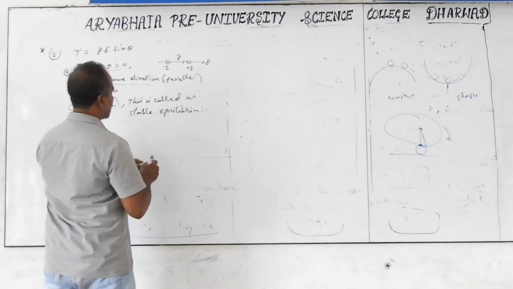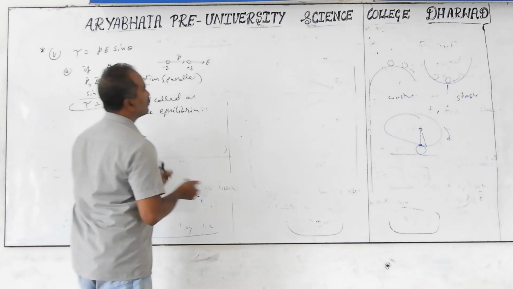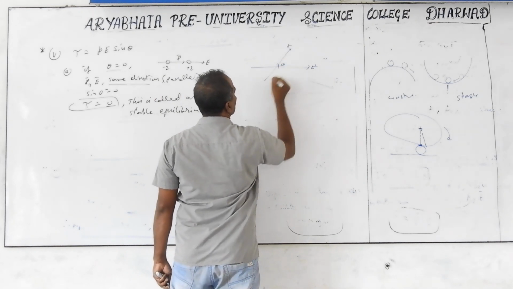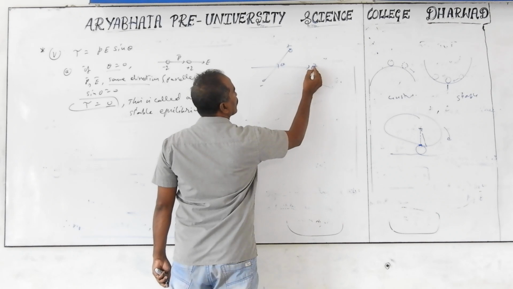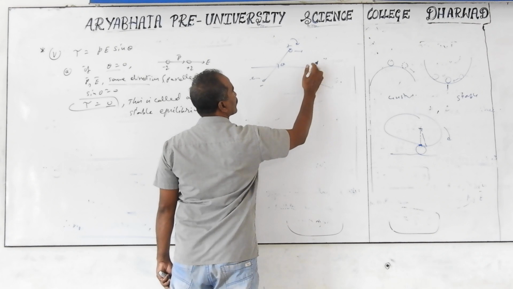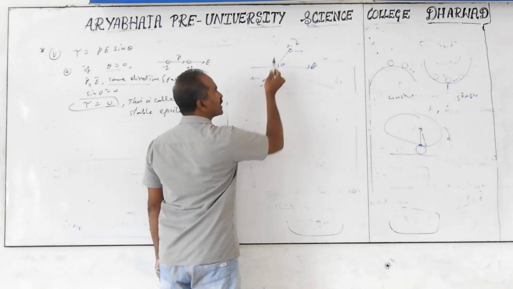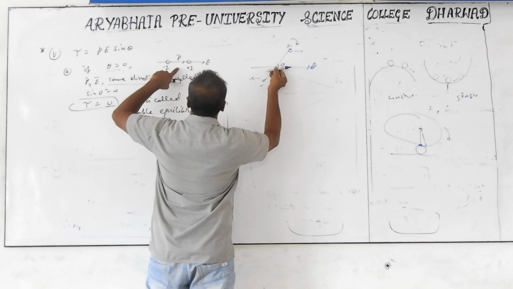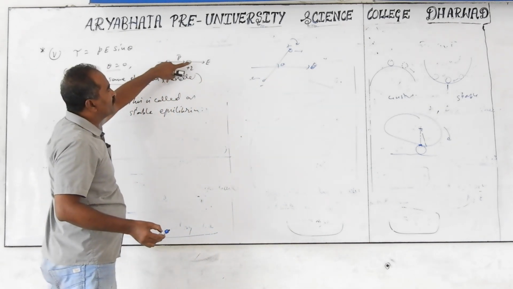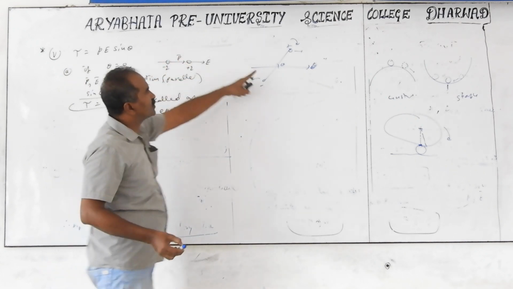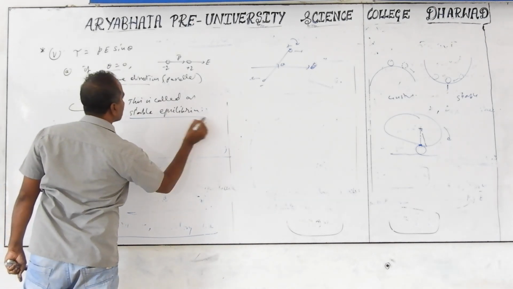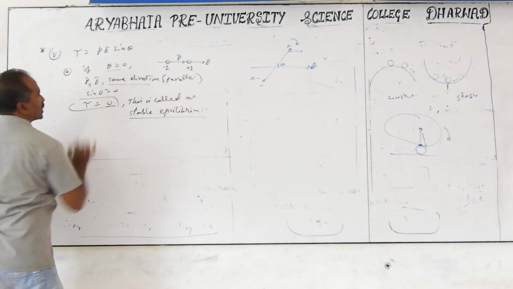So in this position, the dipole is already parallel. If you take the dipole at some angle theta, with plus q and minus q, the forces acting in these directions will try to rotate it clockwise until theta becomes equal to 0. Already theta is 0, so there is no rotation, it will be stable. If I disturb it, it goes back again to theta equal to 0. So this is called a stable equilibrium position. This name is important when theta is 0.